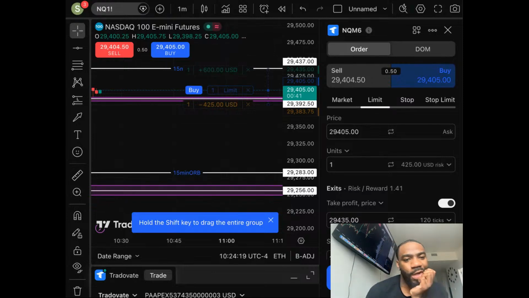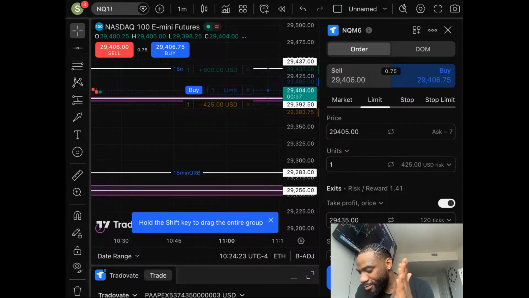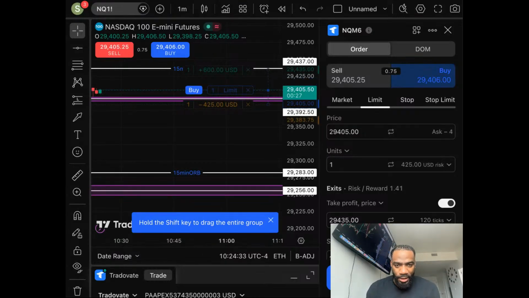I don't like how I can't copy trade on TradingView, but if somebody knows how to do that, just tell me. I'm doing my research today. I need to be able to copy trade on. I got these accounts.